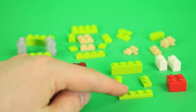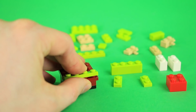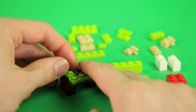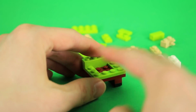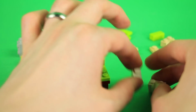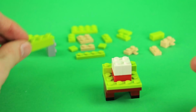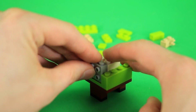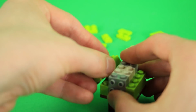Now most of these lime green parts I'm using came in the Go Brick Me set, so if you're not using them from that set for anything else, you can use them for Shaggy. So 1x4 plate across the front, then some 1x2 plates, and a 1x4 brick. To fill up the center, use some 2x2 bricks of any color, or even some 1x2 bricks. Again, I think these were leftovers from my Go Brick Me set. 1x4 brick in the front, some BrickHeadz bracket bricks on the side, 1x4 brick in the back,